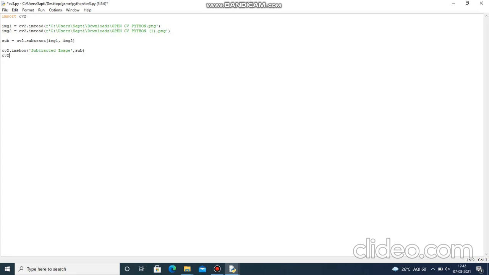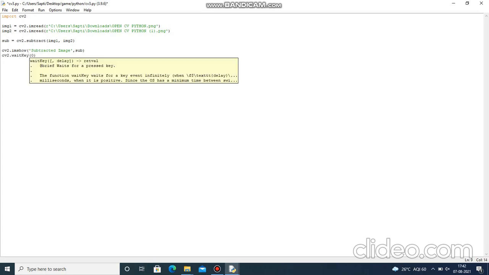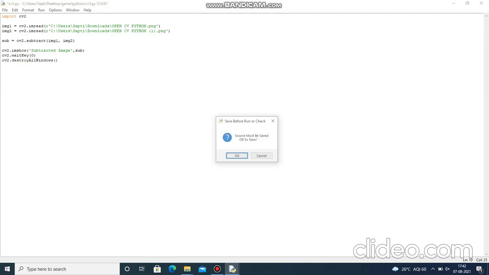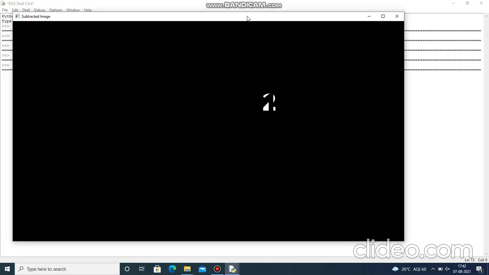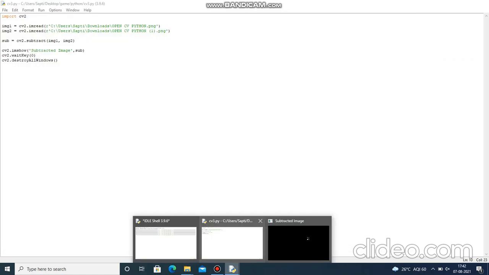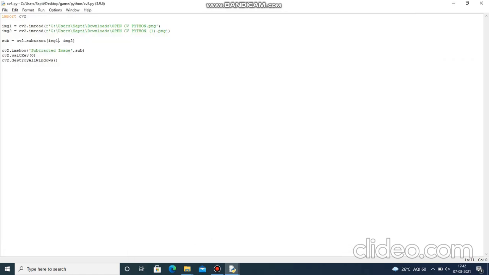Now let's give cv2.waitKey of 0 as well as cv2.destroyAllWindows. Now you can see that it's completely black, with 2 and 1 being the only things that are visible. From the 2, the 1 is being subtracted.